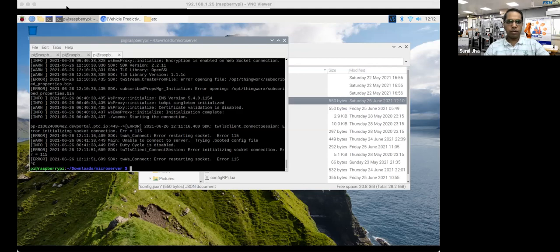So you can stop your server and then again restart it. Sometimes that will resolve it. So I'm restarting the server.